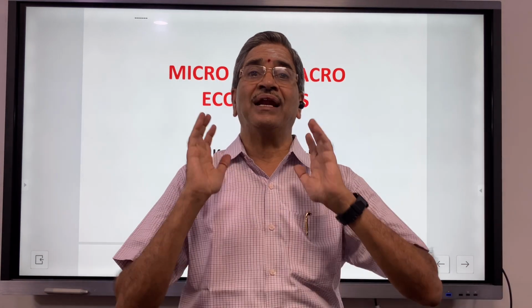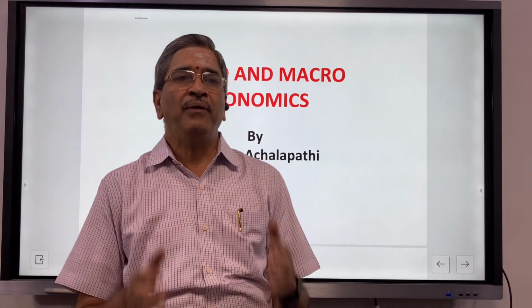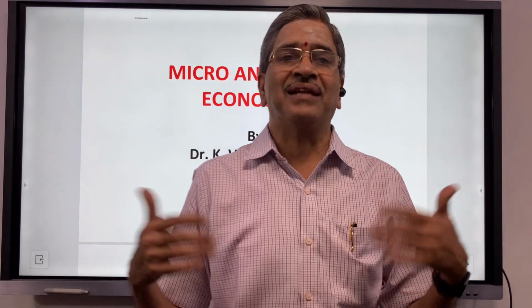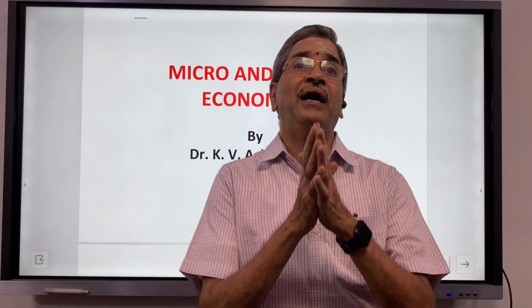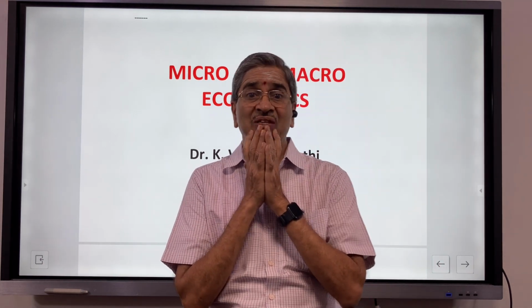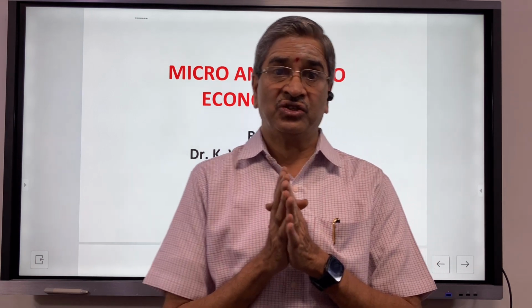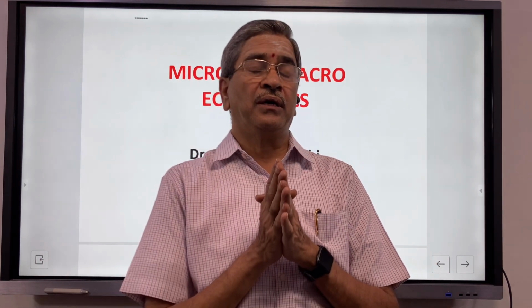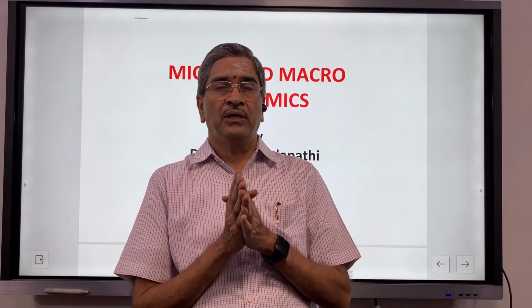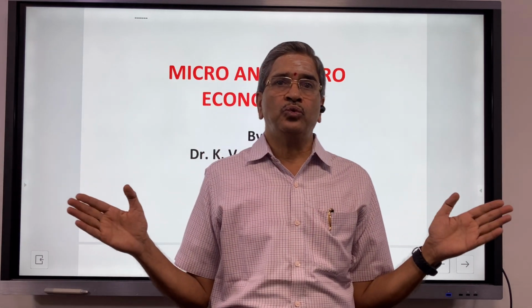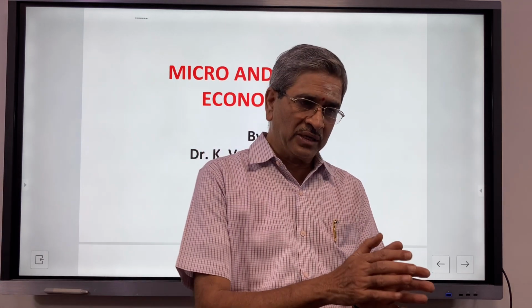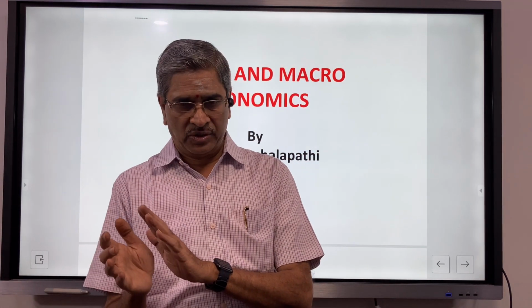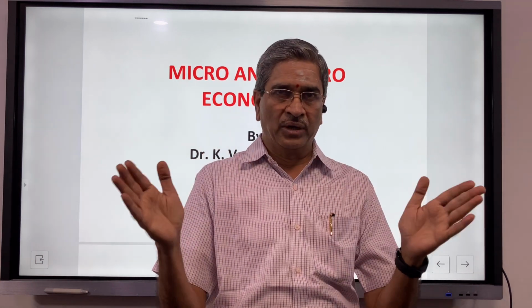So we focus on rationality. We presume that man, the human being, is rational. So keeping that into account, economics is defined by Robbins like that. So when we talk about economics, we have broadly two classifications that we can make. One is microeconomics and the other is macroeconomics. Today I am going to explain to you the difference between these two.